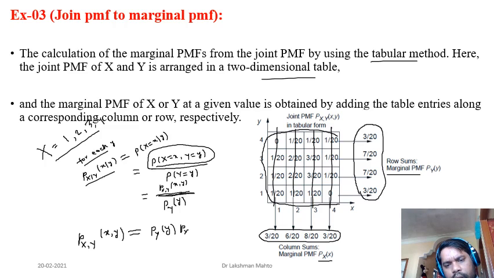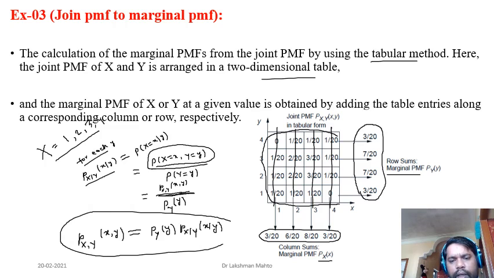X given y. All these are notation. Don't confuse with this. These are notations used in order to differentiate from several other kinds of joint PMFs. So you can observe that it is similar to what we have already studied, the conditional probability mass function and the multiplication rule. It is similar to that.